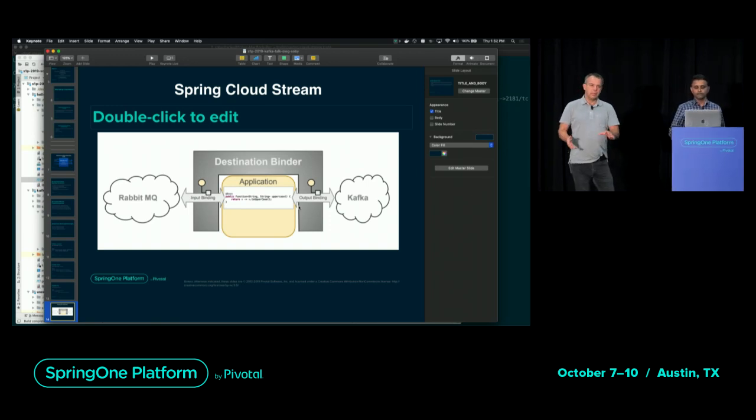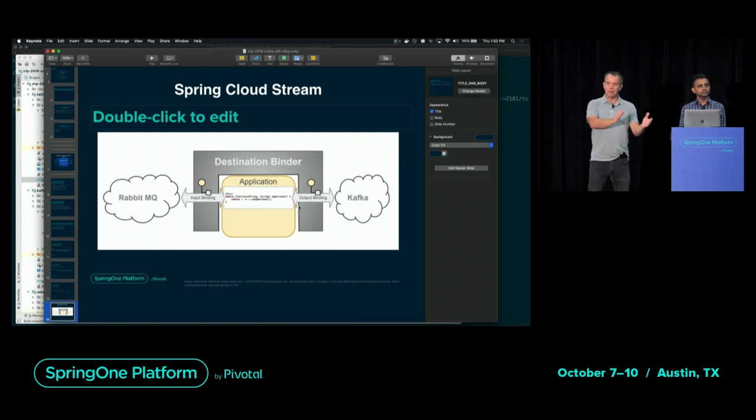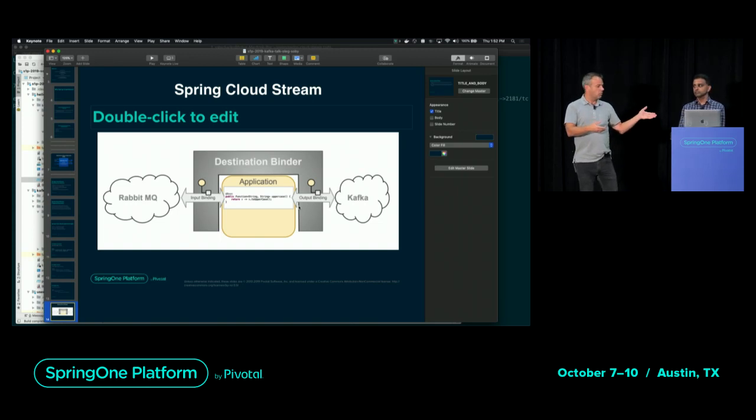And those are not implemented, like I said. Since Rabbit doesn't provide consumer groups and partitioning, we actually do some cleverness behind the scenes to make it look like it does. So from your perspective, you still define the same properties, you're still using consumer groups and partitions, but internally it goes through our code. Now on the Kafka binder side, since Kafka natively provides this, we just fall back on their features, right? And then I think you may be showing it later, like the native things like Serdes,